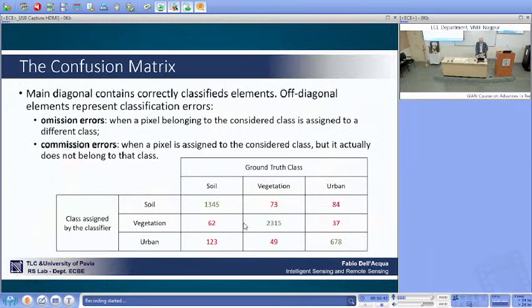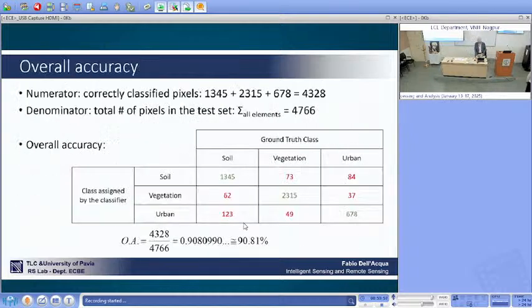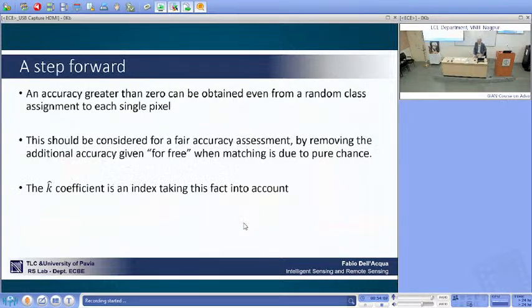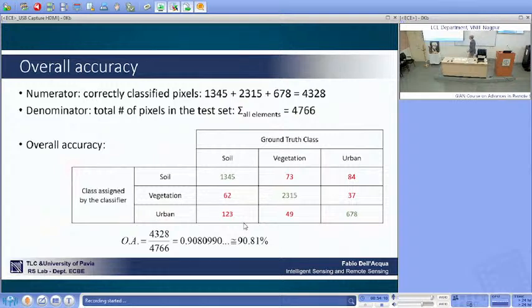So how do you do that? You build the confusion matrix, which you should know how to do, and you get the count of correctly classified pixels, and you get the errors. One thing I wanted to point out here is that the overall accuracy, namely how many elements are correctly classified versus how many elements are classified in general, is not